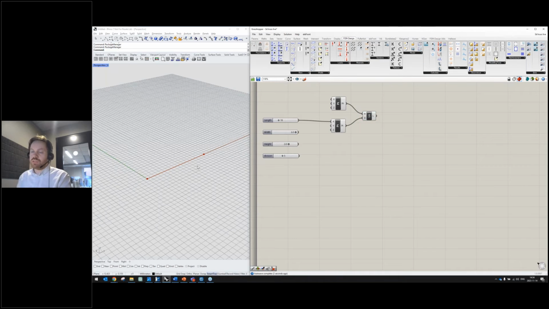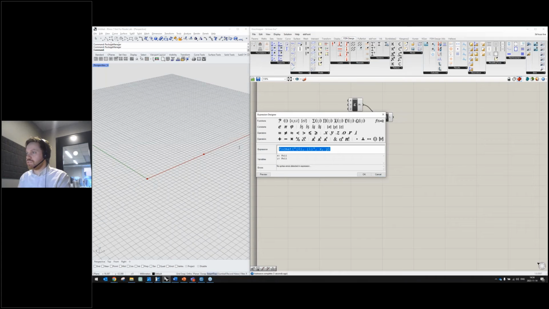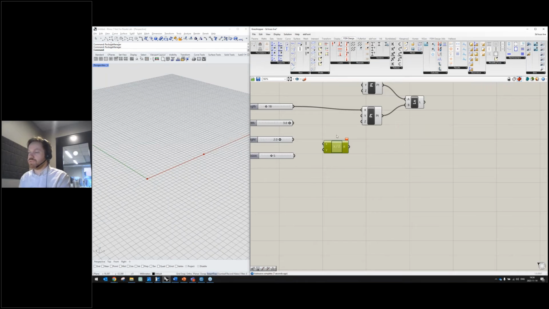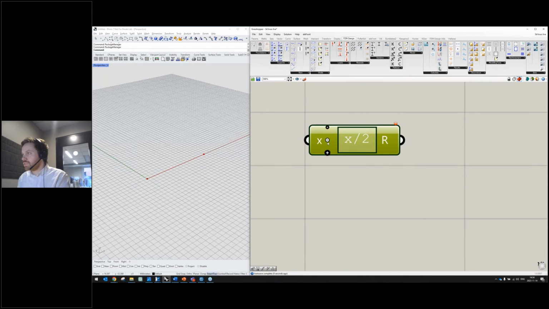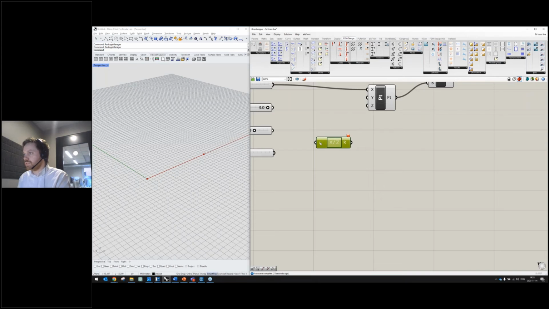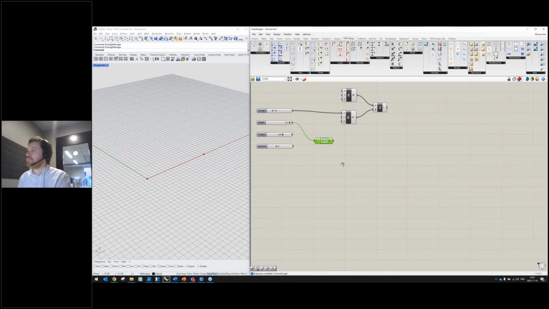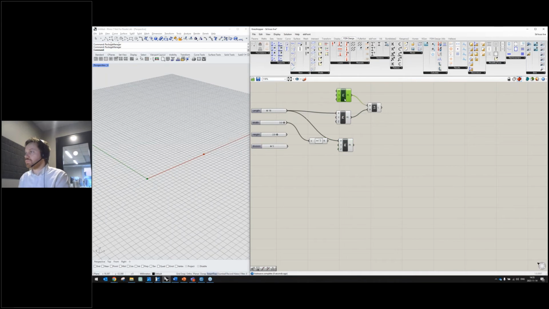Okay, now I want the 2 other lines to define my truss. The width should be such that this is the middle of the truss. So I'm going to use an expression to write a quick formula where I have x divided by 2, just to give half the width when I'm defining my next point. If you zoom in here, you can click the minus to remove one input, because it's only x in this. So the width should be divided by 2, and I just copy this point and this point,